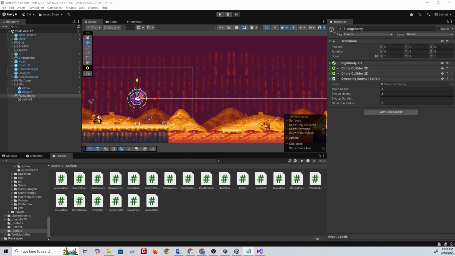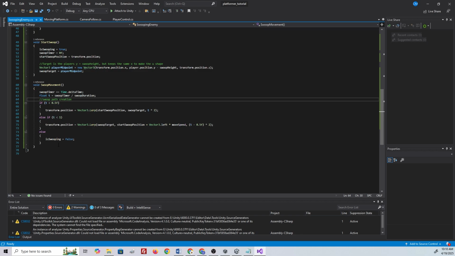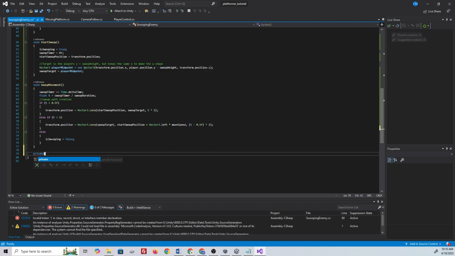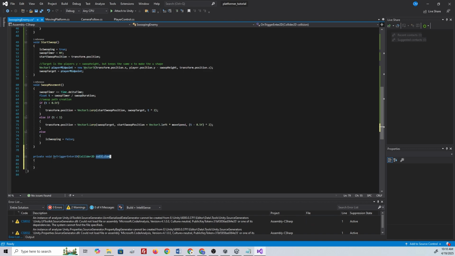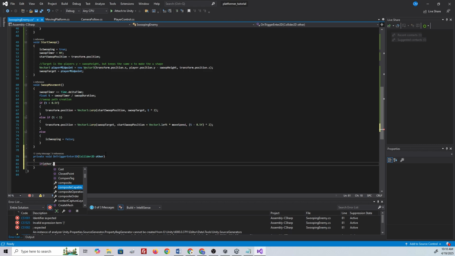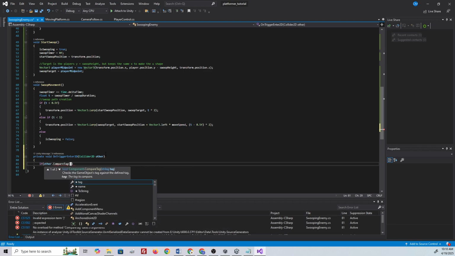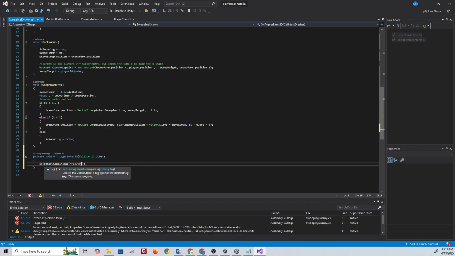Alright, next thing we need to do is add a trigger so that it damages the player. So let's go back to our code. At the bottom of all this, we're going to say private void OnTriggerEnter2D, and we're going to change collision to other as we do. We're gonna say if other.CompareTag is the player, whoops, then